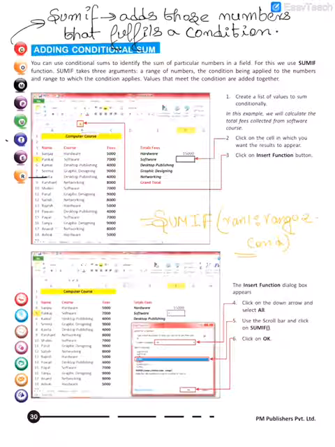Now basically another way, that is the standard way you all know. Suppose you want to add over here, so you can directly type equals to SUMIF and do the addition, or we can apply using insert function. And from the option we can choose SUMIF in order to execute the SUMIF function.